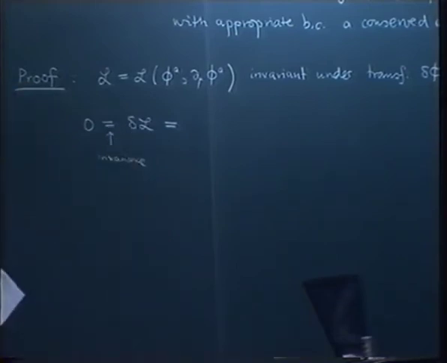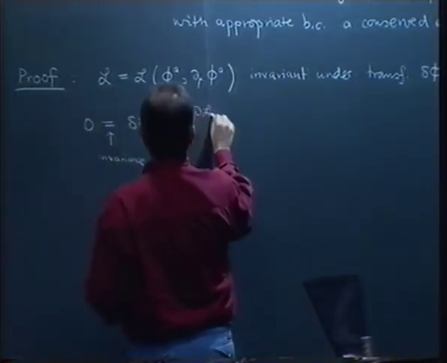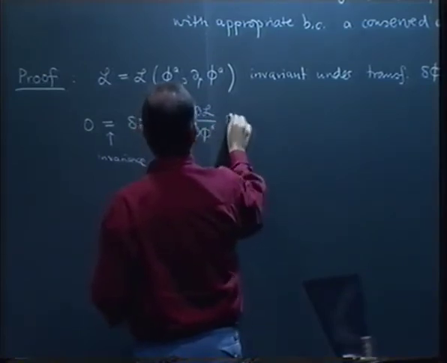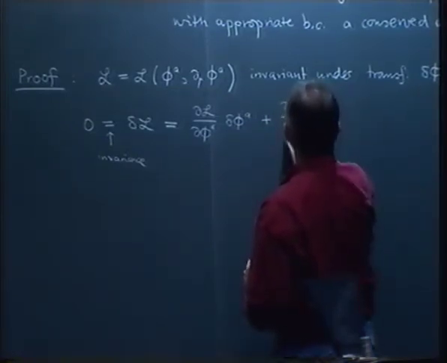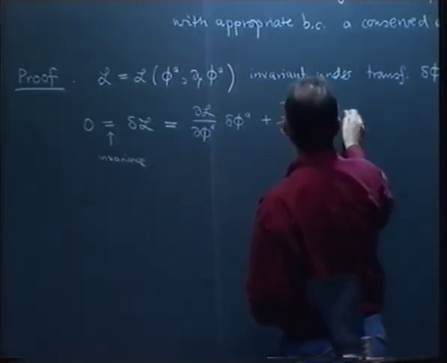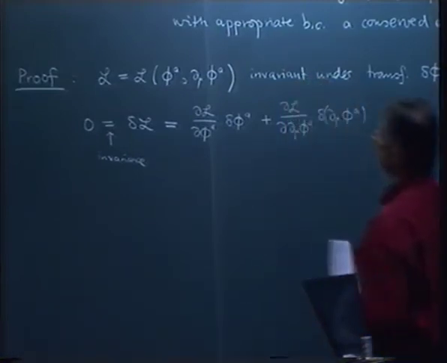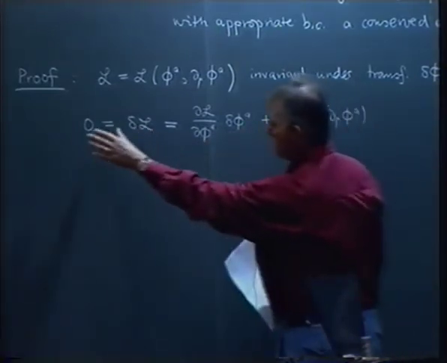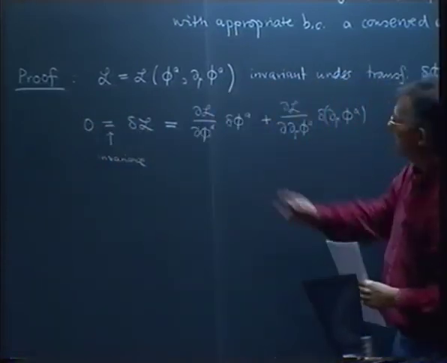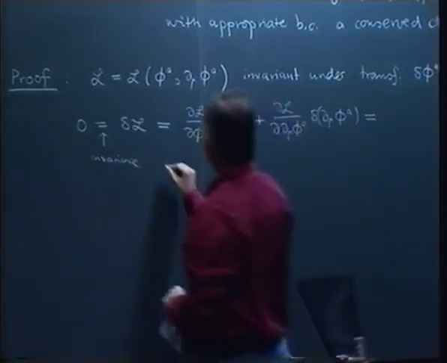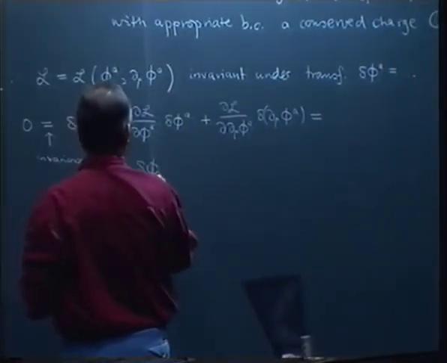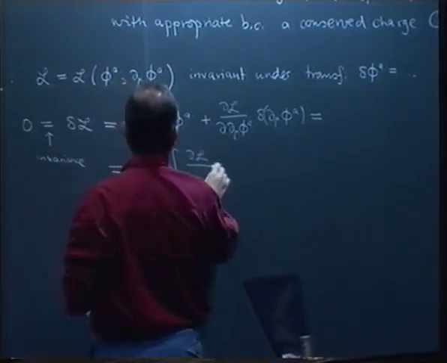Now how do we calculate this? We calculate dL by d phi A times delta phi A, plus we also have to vary the derivatives, dL by d (d mu phi A) times delta d mu phi A. So that's the variation. First of all, we use that the variation vanishes. This is invariant. And then we evaluate the variation using whatever this transformation is. And then we rewrite this a little bit. And we rewrite it as delta phi A times dL by d phi A,